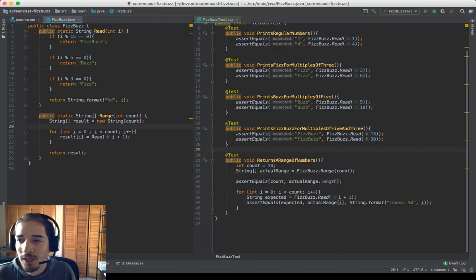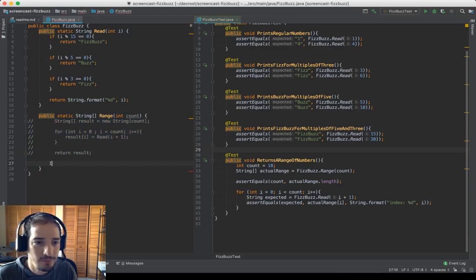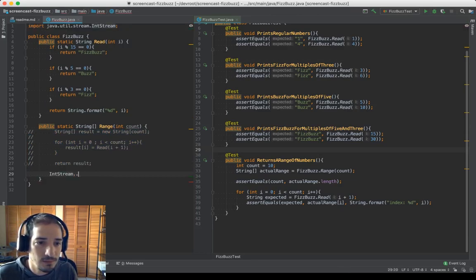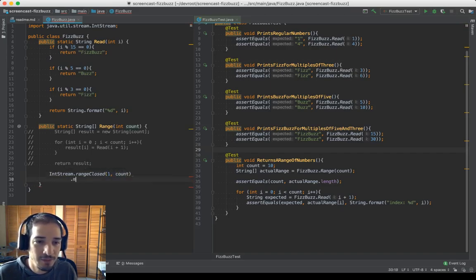So now that we have our test passing and we know that this returns a bunch of numbers, I don't particularly like this style of writing it. I like to write it more in a functional approach where we don't have to mutate the result variable. And this is a very textbook example of that. So I'm going to create an IntStream range closed, and my range is going to start at 1 and it's going to end at count. And for each element in that range, which will be 1, 2, 3, 4, 5, I'm going to call my read method. So I'm going to call fizzbuzz.read, and then I'm going to return an array with that,